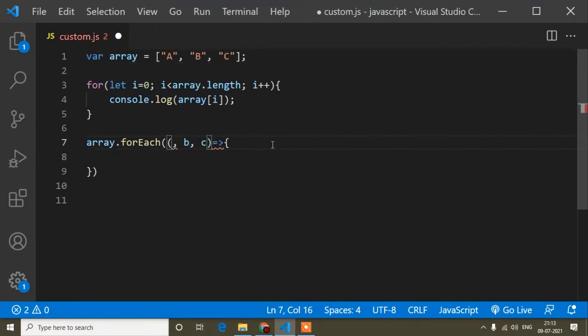So now here I will write A, that means A will now take the values A, B, C. And the second parameter will take the position, I mean the array position, which starts from 0. If anyone asks the position of C, you have to say the position of C is 0, 1, 2. So the position of C is 2. Array position starts from 0. So B will denote the position; if you print it in the console it will print 0, 1, 2, because the second parameter denotes position. And C is the last parameter, it denotes the array itself, this one. Okay, so it's clear.